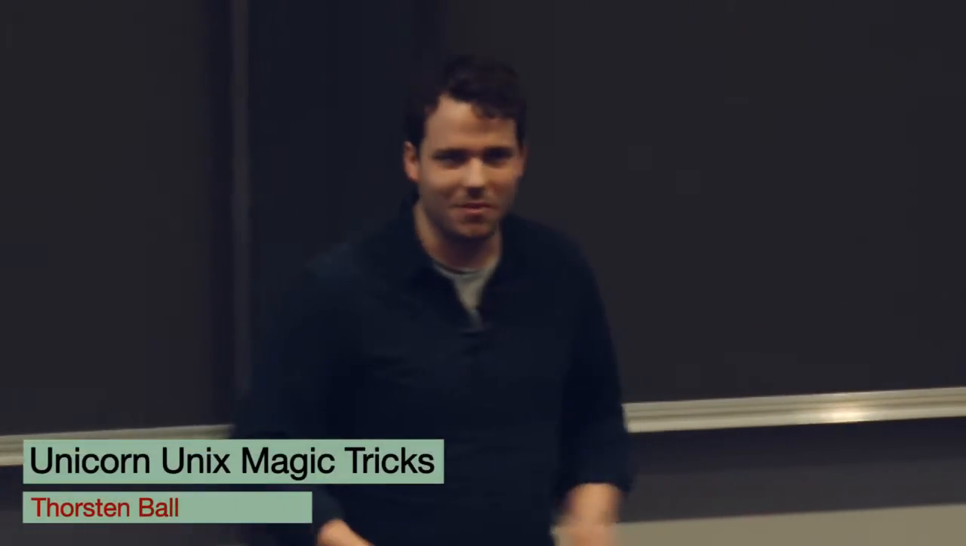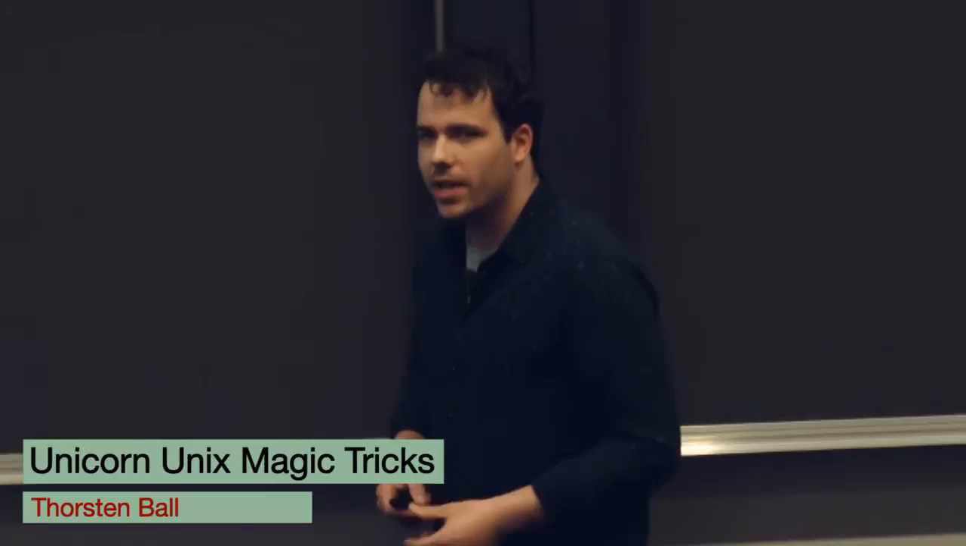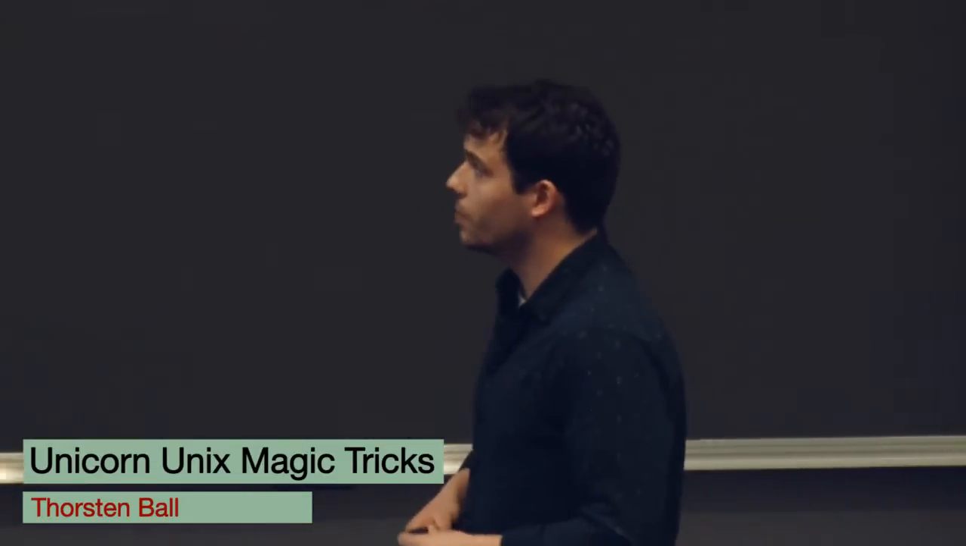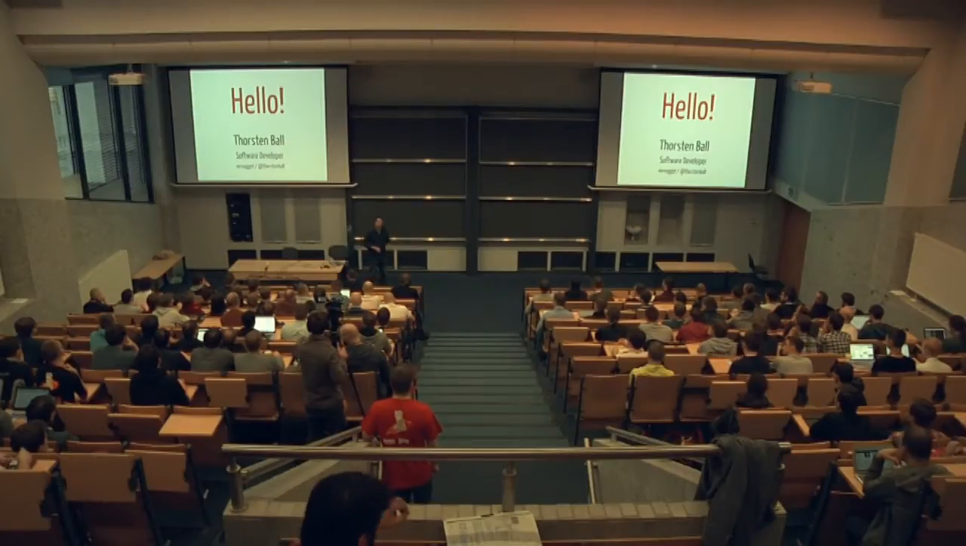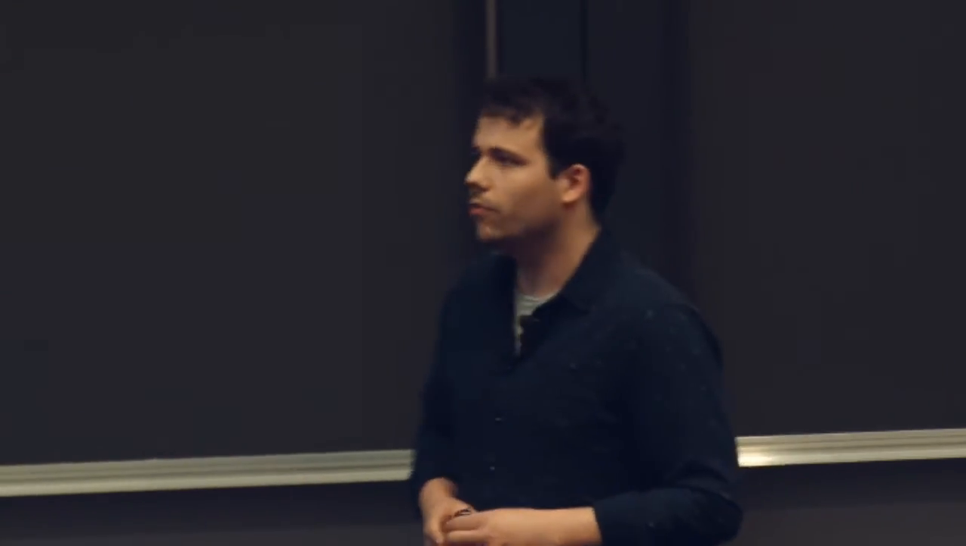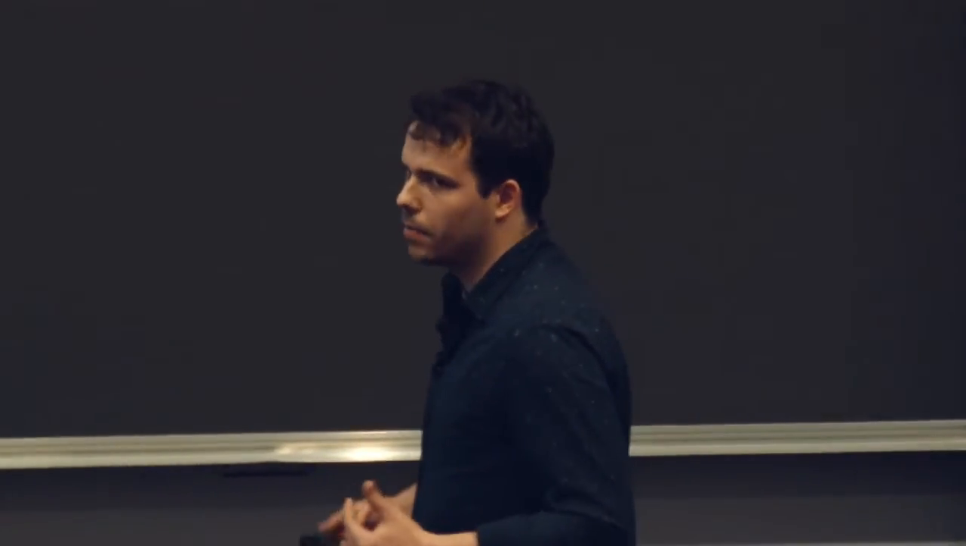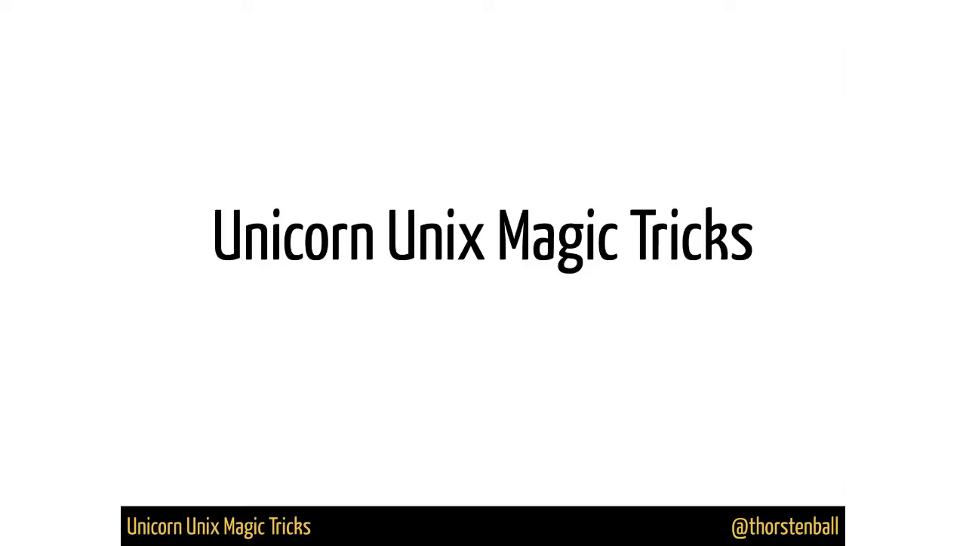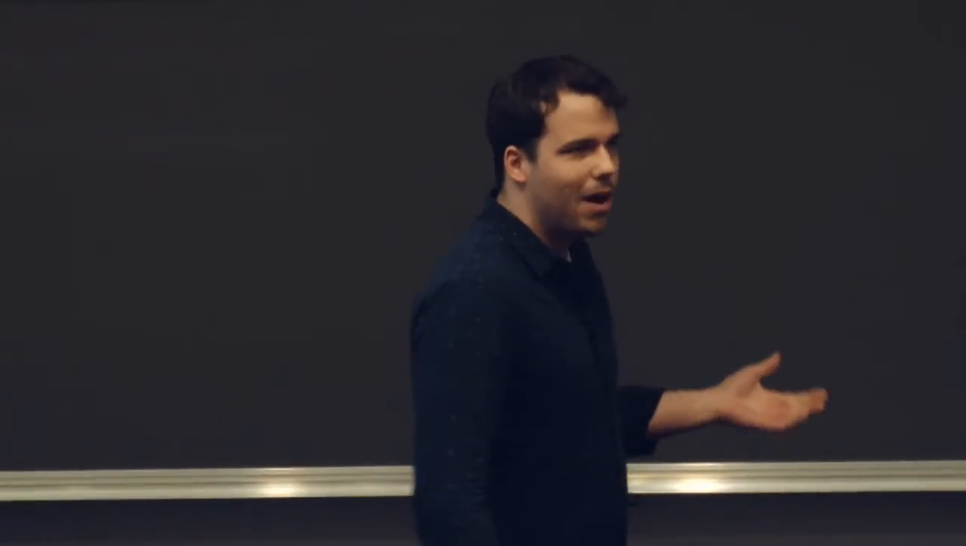I'm a software developer from Germany. I program in Ruby, in Go, in C, sometimes in Lisp. On the left, that's my name on GitHub. On the right, that's my name on Twitter, Thorsten Ball. I work for a company called Flink in Germany as a Rails developer, and we do dynamic ride sharing as a web application. The name of this talk is Unicorn Unix Magic Tricks, which is quite a mouthful and actually